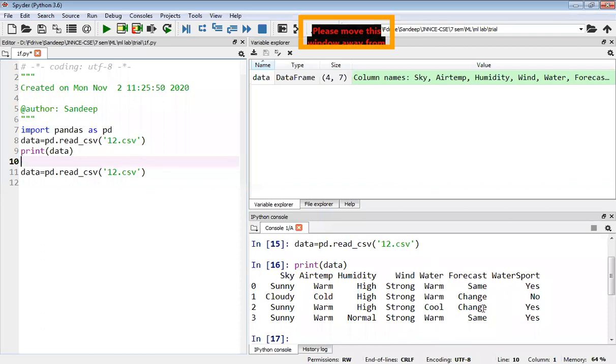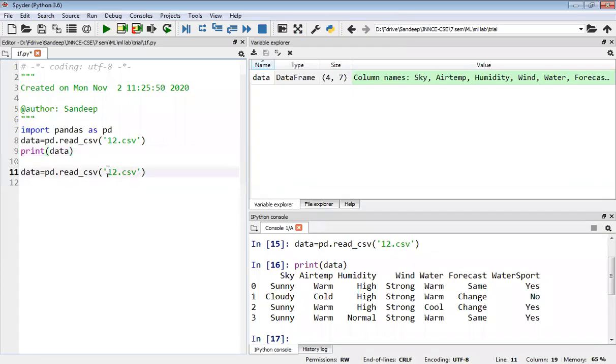This data has been displayed here. So I have read the data from the file, and now it is present in the variable named data. You can print it, and it will display like this. As I said, my program and data are in the same directory, so you can give the file name directly.